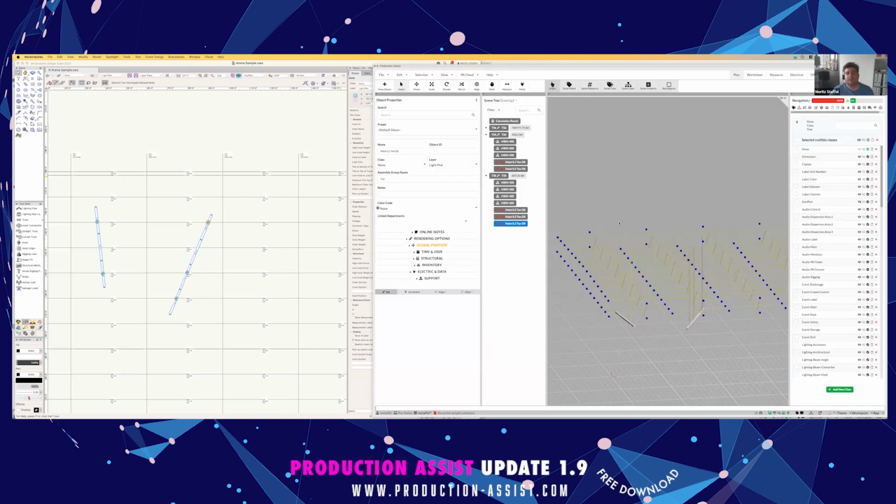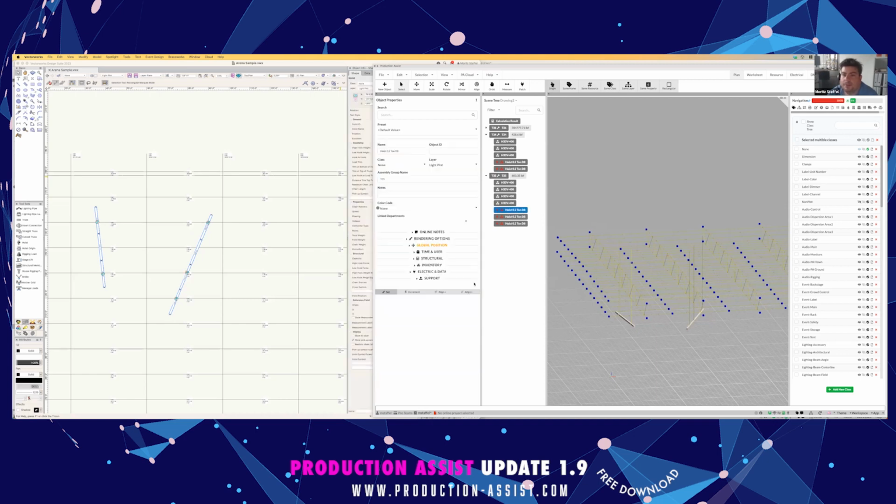The idea behind this is that you can actually calculate how much weight goes into the truss, and then in addition compare it with the actual measurement that you're doing on site. A typical problem is that when you actually assemble this, the loads don't match up with what actually has been planned. So when you're doing this with the Production Assist Arena product, you actually can compare your calculation